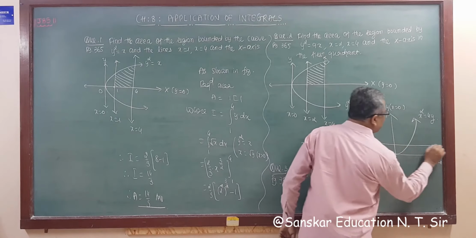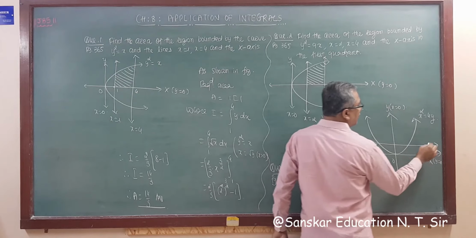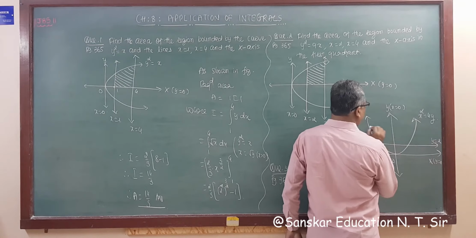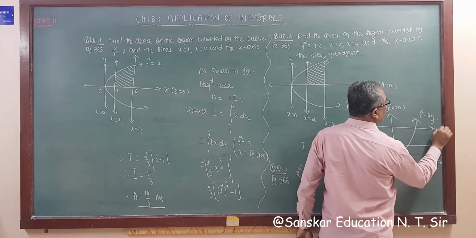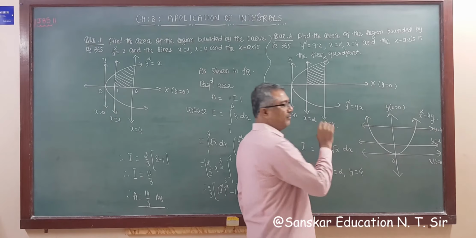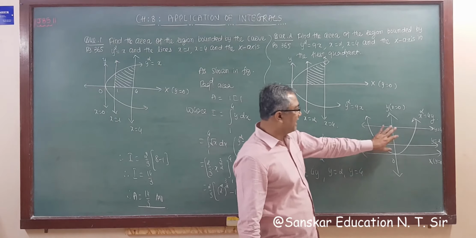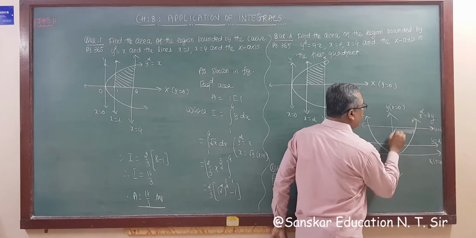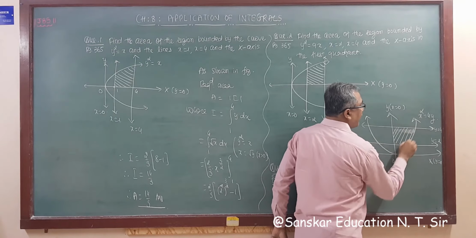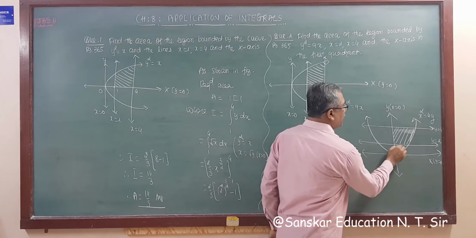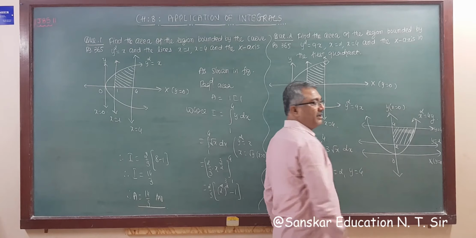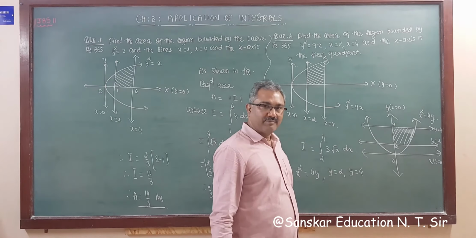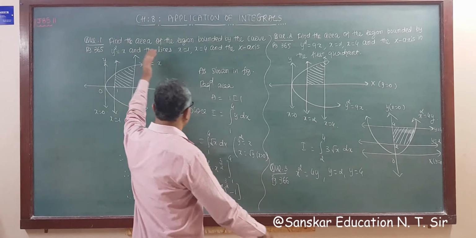Line y equal to 2. So say this is the line y is equal to 2, and then the line y is equal to 4. So this is the line y equal to 4. So we have to find out the area between the y axis and this curve, in the first quadrant. So we have to find out this area, right? So this will be the point 2, this will be the point 4. So A is equal to mod I. I'm not writing all the explanation, just like this.